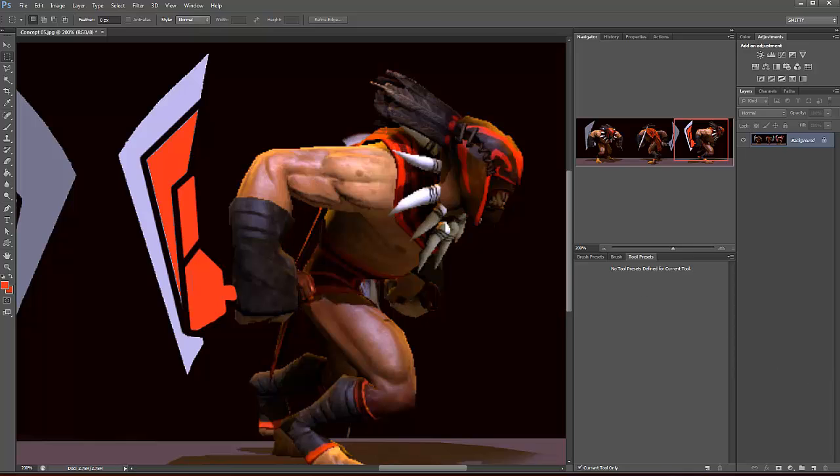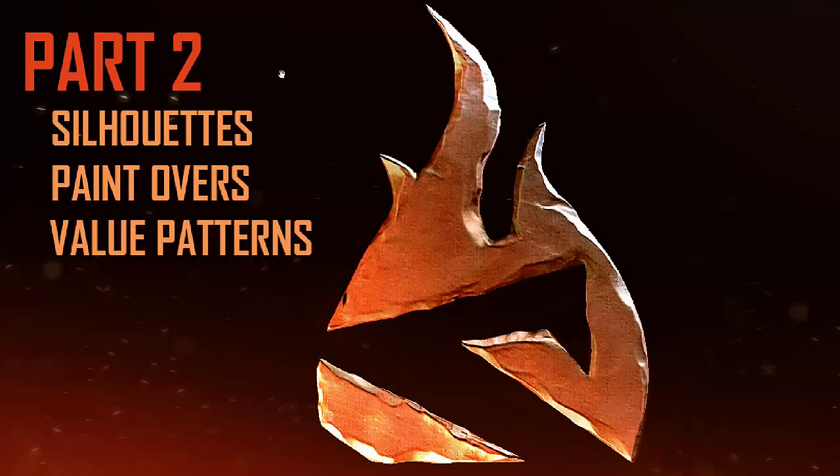So again, in the second part here, we talked about creating silhouettes in Alchemy. We went over value patterns and silhouette guidelines with the Dota 2 character art guide, and then we went over at the end how to do a simple paint over. In part 3, we're going to talk about taking our final silhouette design and refining it with line art and some nice shading, so we can finally fully understand how this is going to look in 3D. After that, we can move into modeling, and then after modeling, it's obviously going to be all about baking our textures, optimizing the game ready mesh,